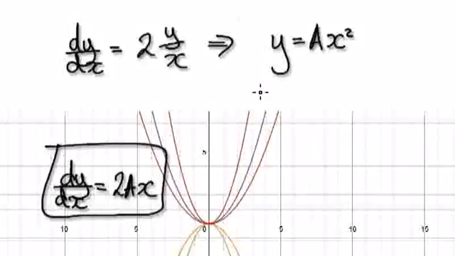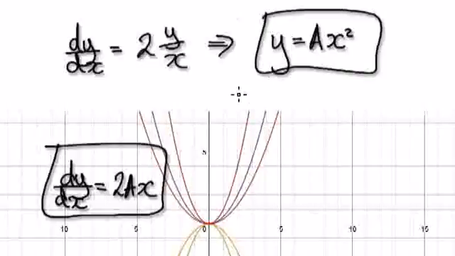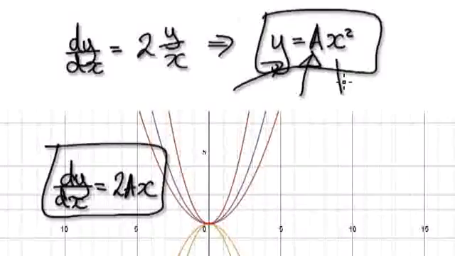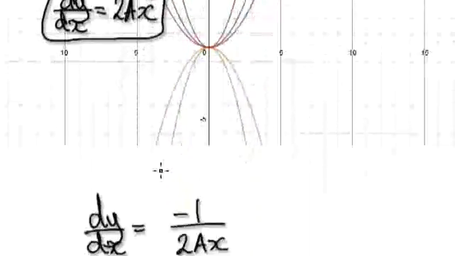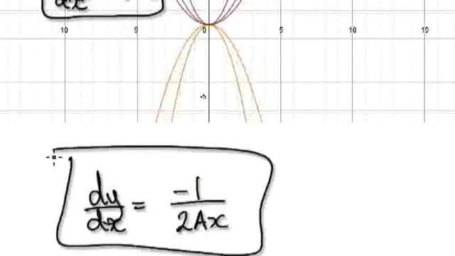So starting from here, given the whole family of these graphs here, if you differentiate it, it will give you this. But then if we want to create something that's perpendicular, we will need to take the negative reciprocal of this. That will then take us to this. Okay, so